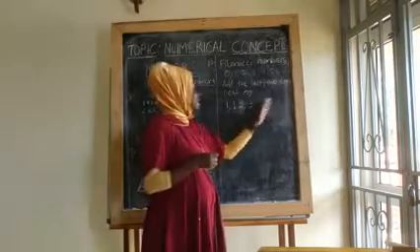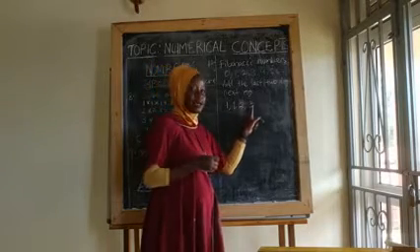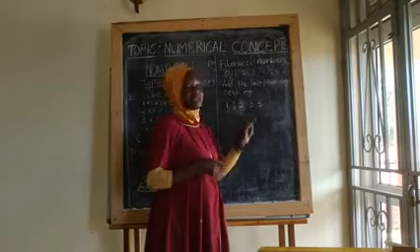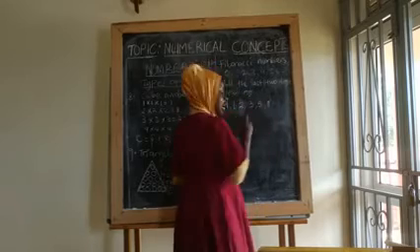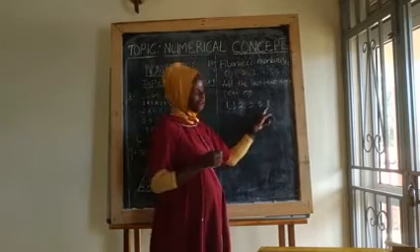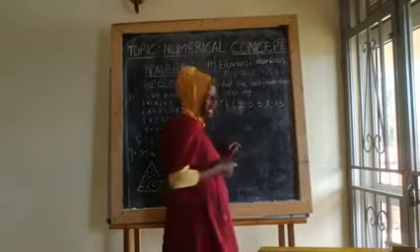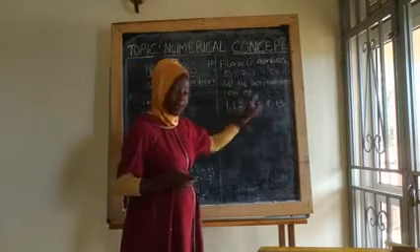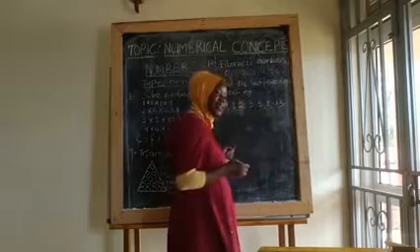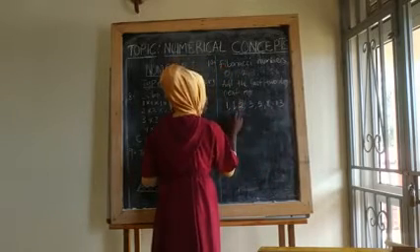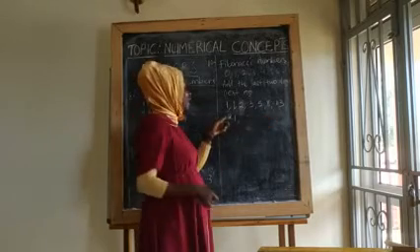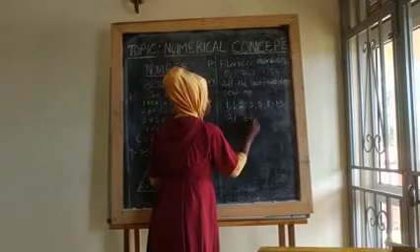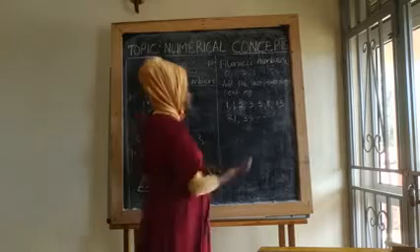To get the next number in the sequence, I simply have 2 plus 3. And my next is 5. Then I have 3 plus 5, which gives me 8. I have 8 plus 5, which gives me 13. How do I get the next number in the sequence? Simply add the last 2 digits to get the next number. I have 8 plus 13, and this is 21. How do I get the next? I get 21 plus 13. This is how many? 34. And of course the list is continuous.